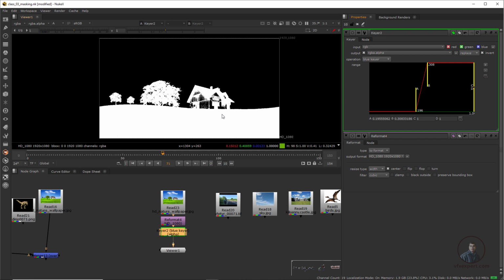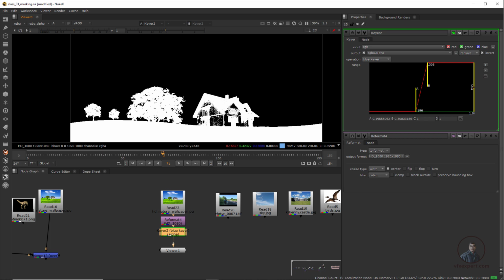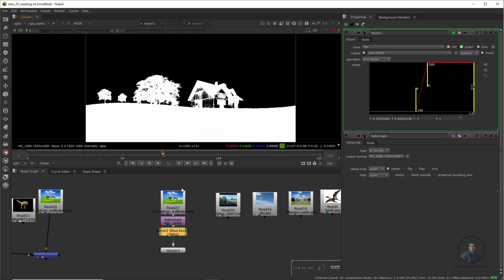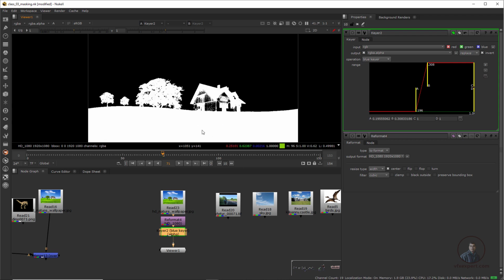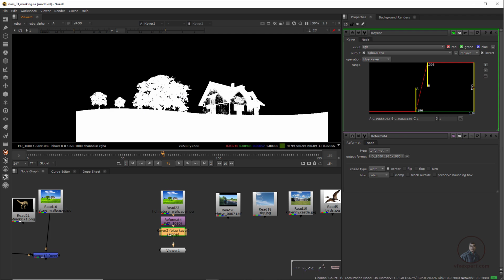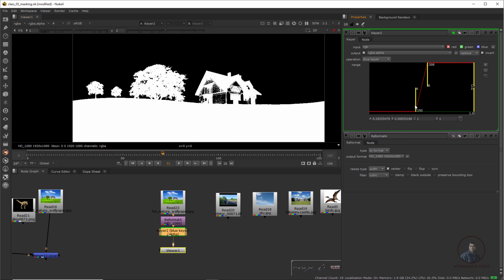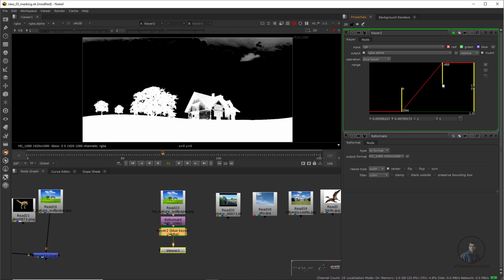One more important thing: while you are adjusting this black and white value, you have to maintain all the details, because with a single keyer it is not possible to create a complete matte here. So we also have to use a roto node for creating a perfect matte. Remember this one. I am using this keyer only for this separation, because here I can't take a roto node and create a mask. So now let me adjust it here, because we have to maintain all the details, and the remaining things we will cover with the help of the roto node.